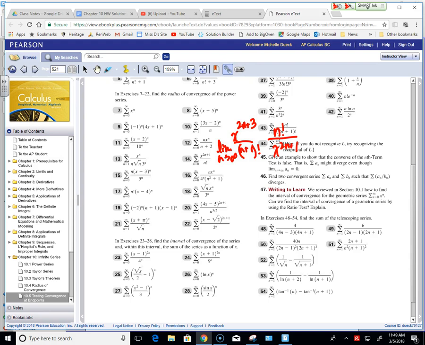Hey guys, do you remember how to simplify this? I mean, you did it in homework, but what does this end up becoming? Good. Because when you subtract 3 minus 1, you end up with x squared. And then the n factorial cancels with that guy, so you get n plus 1. So yes, the limit is 0. True. Always less than. Right. So the whole point is a sub n plus 1 over a sub n is less than 1 when? Well, 0 is less than 1. True. Therefore, the interval of convergence would be,